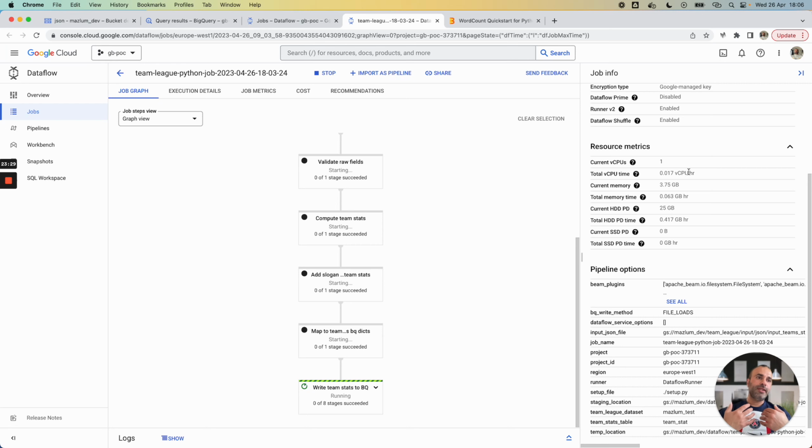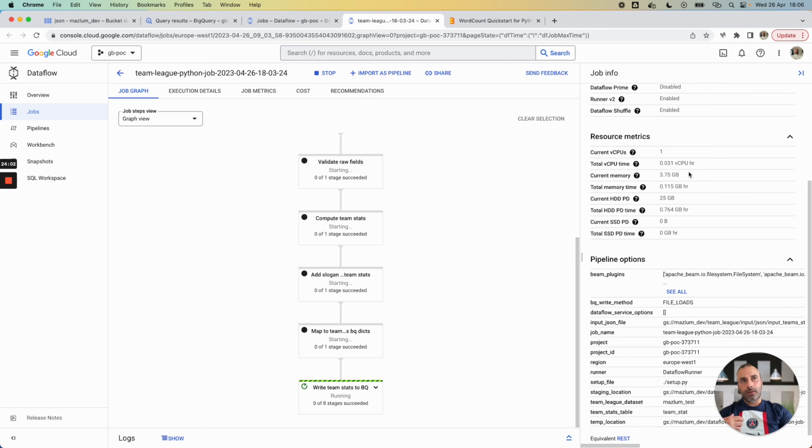The resource metrics are very interesting because if we see that our job used a big infrastructure to run, maybe we can optimize the code of our job afterwards, and we can detect that maybe there is a problem in our pipeline and in our code.